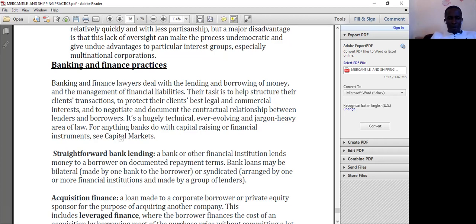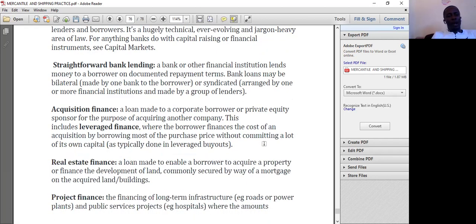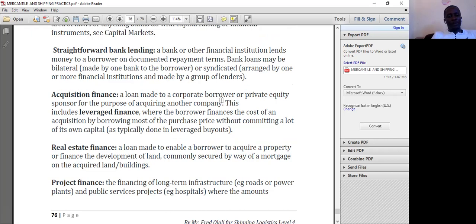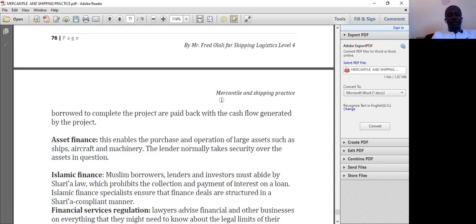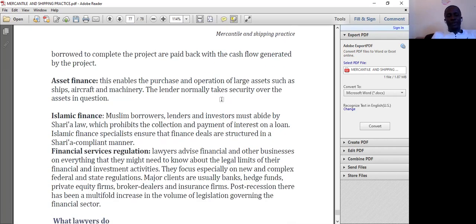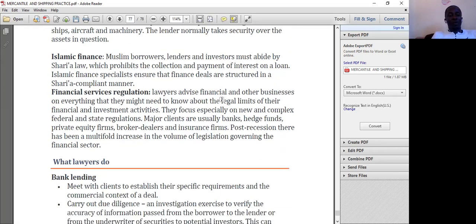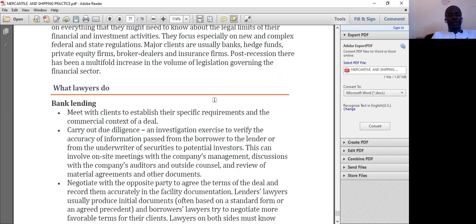So we have, for anything banks do with their capital raising or financial instruments in the capital market, straightforward bank lending, acquisition finance, real estate finance, project finance. There are different types of finance: asset finance, Islamic finance, and financial service regulations. And what the lawyers do,